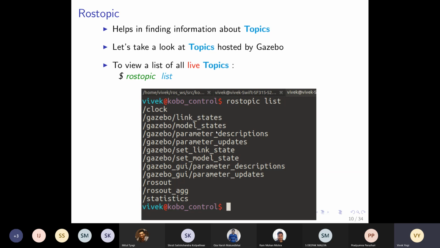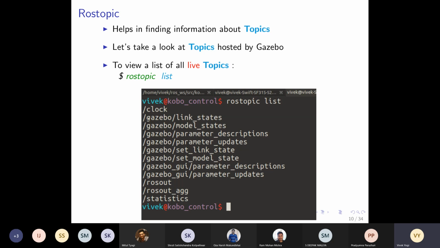And these are very useful topics. Whenever we have a robot, this set model state can help us relocate that robot. Suppose I'm trying to do an inverted pendulum control, or a trajectory following thing, and I want to redo the experiment. I want to bring the robot to its initial position. Then I will use this set model state command, set the model state to the initial state, and my robot will come back to where it was earlier.